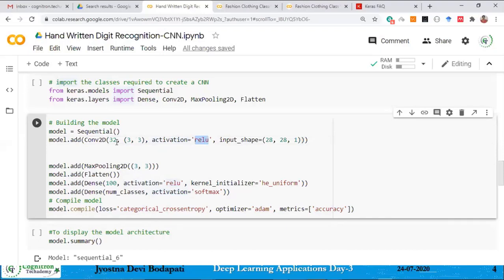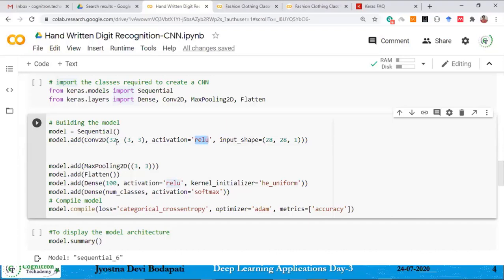Here also you have to carefully understand when to use which kind of activation function. Basically, the convolution operation is performed to extract the features. Whenever you are extracting features, you better apply some kind of nonlinearity to your data, so that you get better features. You can use any nonlinear activation function, either ReLU, sigmoid or tanh, but preferably ReLU, because there are many advantages of using ReLU.